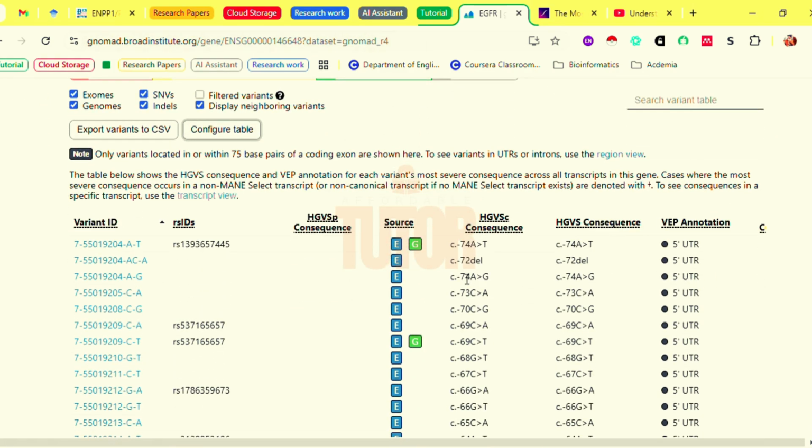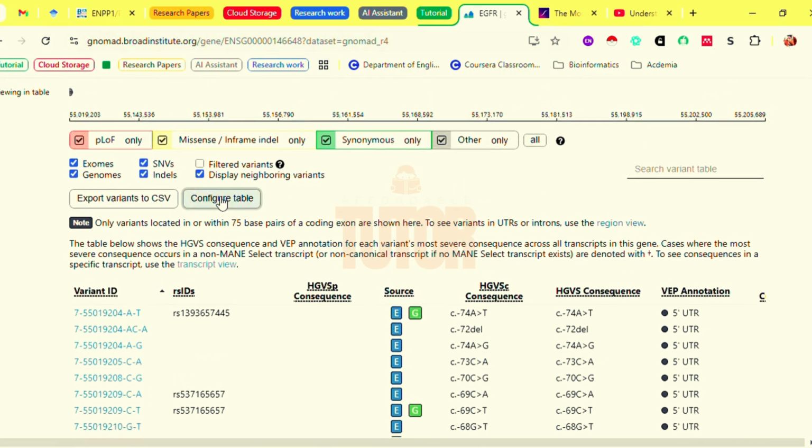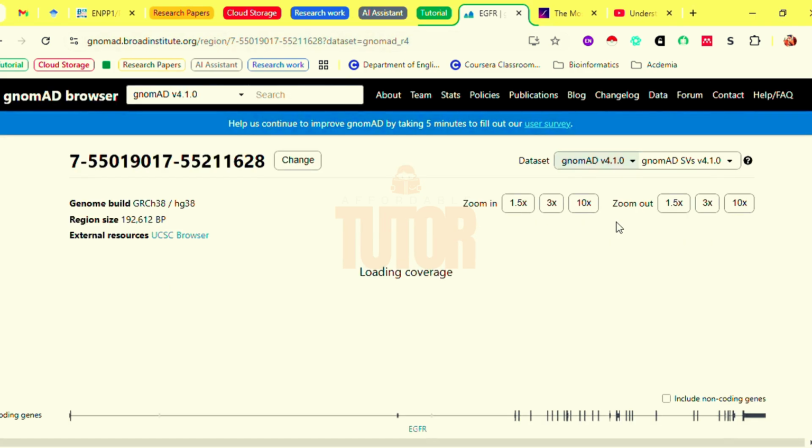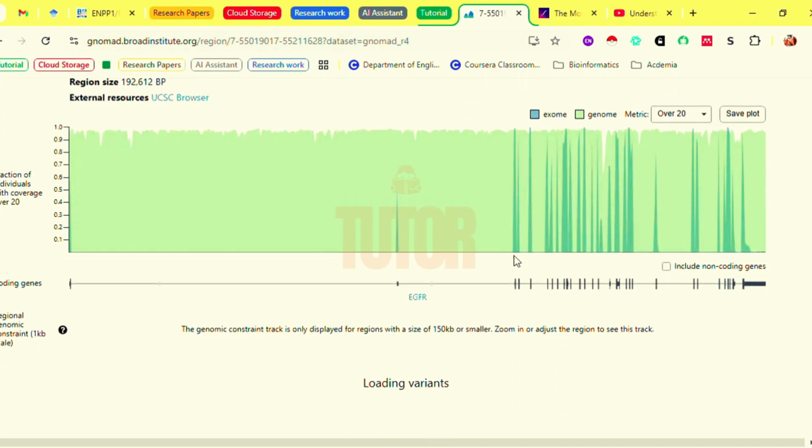But these are not the total RS IDs for your gene. Here you can see in the note, only variants located in or within 75 base pairs of coding exons are shown here. So to see all of your RS IDs, you can just click on the region view, and it will be loading for some time, so be